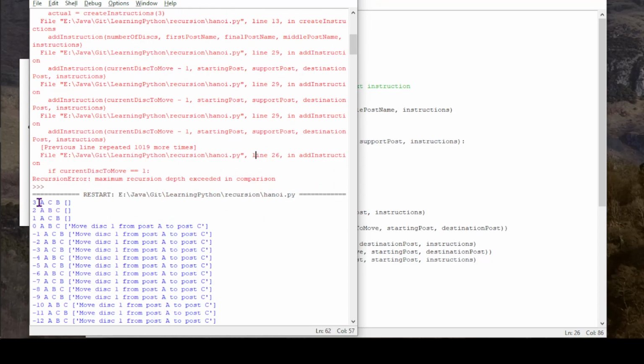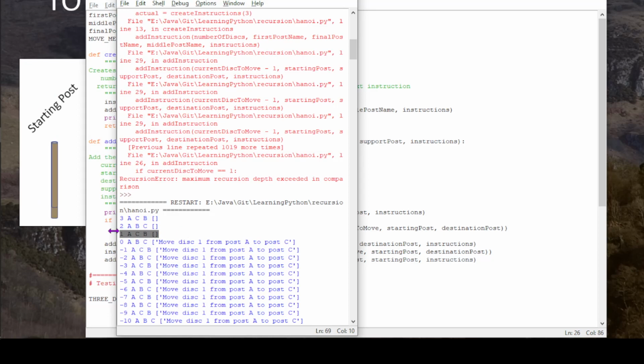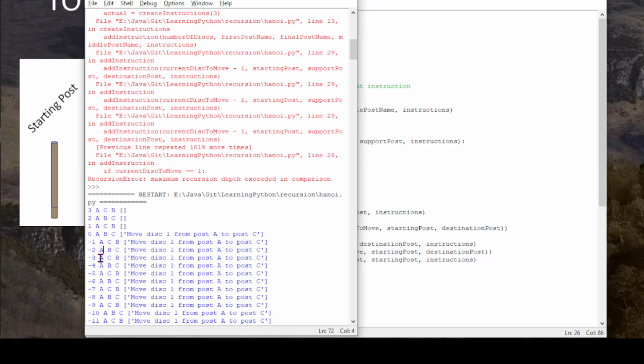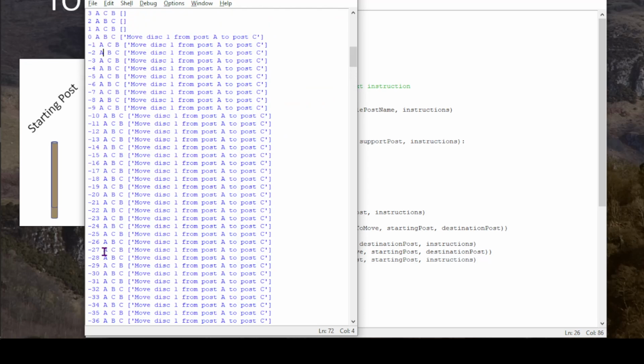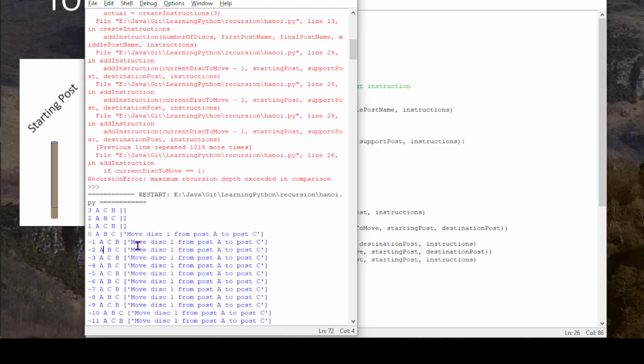So I got recursive 3, recursive 2, recursive 1, recursive 0, -1, -2, -3. So I keep coming in. So I don't seem to be actually stopping when I get to my base case. So it would seem, if I follow it in,